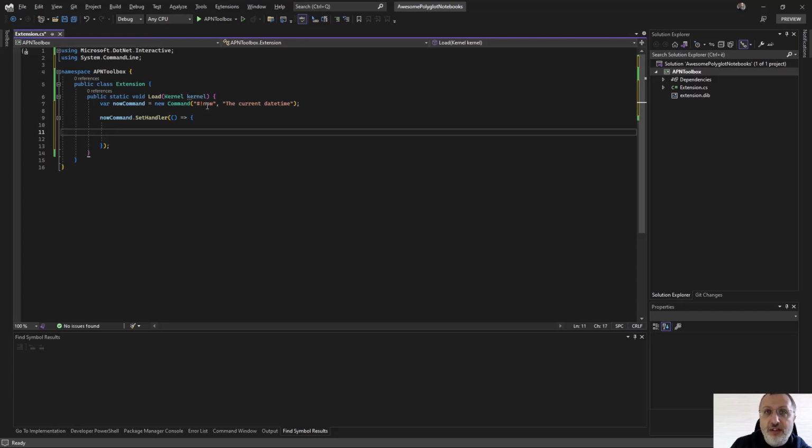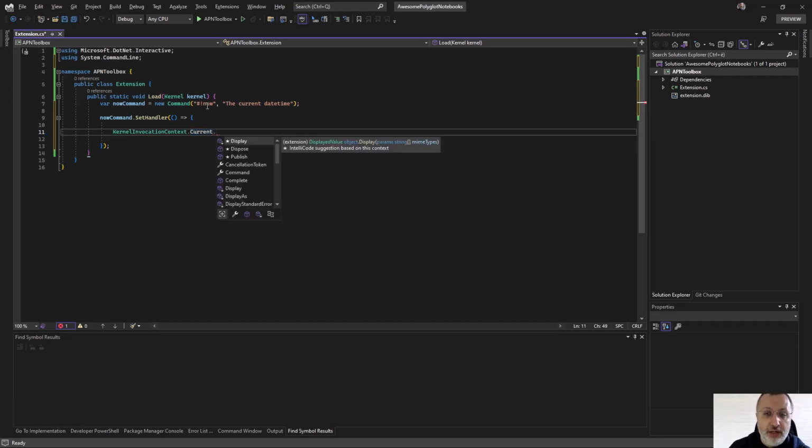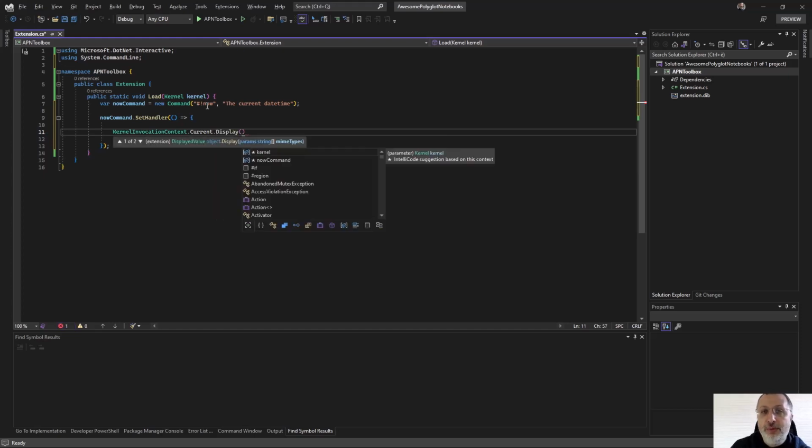And this is done again with the KernelInvocationContext. This is currently the selected kernel inside the cell where we are invoking the command that we have defined. A kernel has several methods inside the object. The first and the simplest for this demo is Display. Display means that we have to show a string. In general, as you see with MIME types, we show here